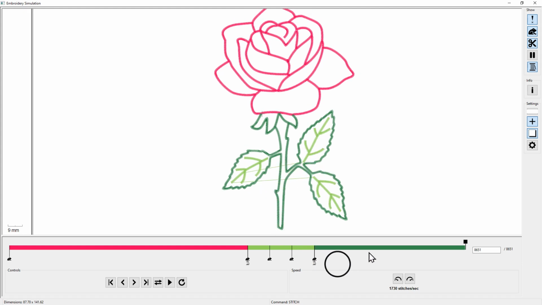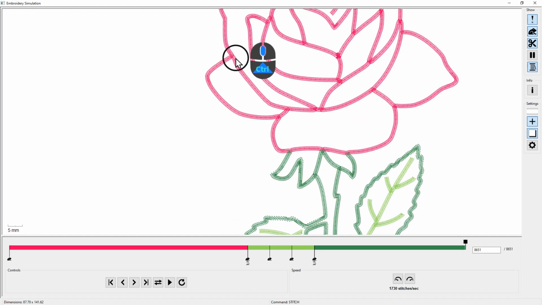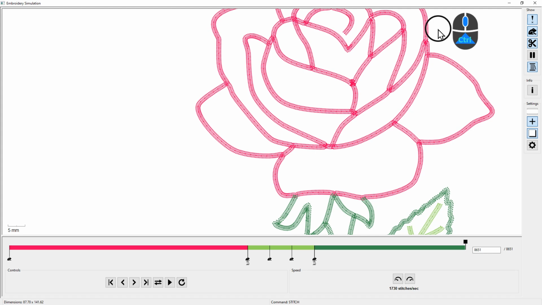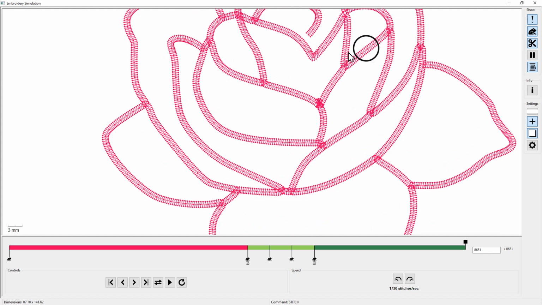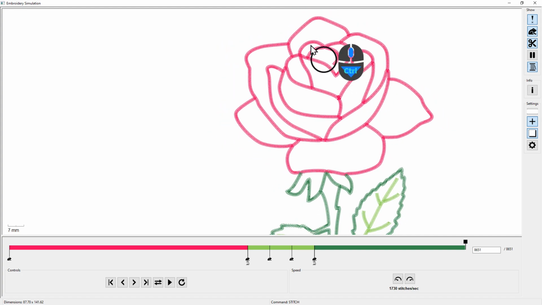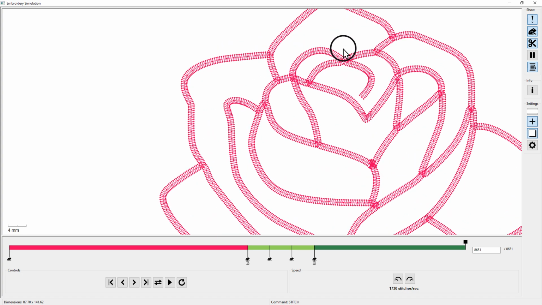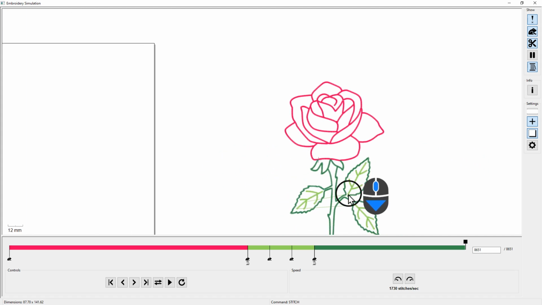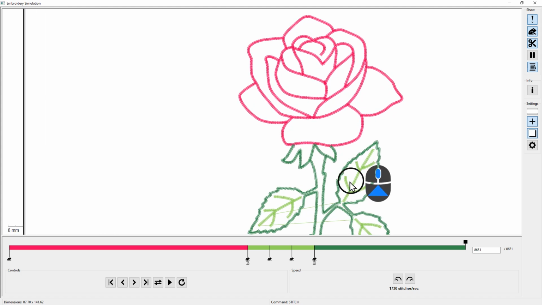Everything goes continuous. As you can see here, the dark green, everything is connected with each other. Also, all the red satins, I can zoom in a little bit closer. We don't really see any imperfections where we would say, hey, the stitch lines should be changed, or the angle of the stitches should be changed. Everything looks fairly clean. So that is how easy and simple we can convert an image into a satin design,